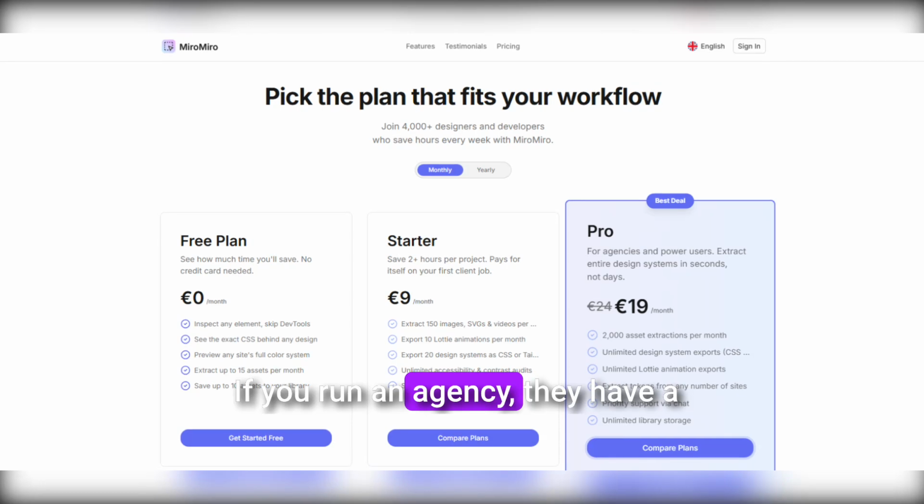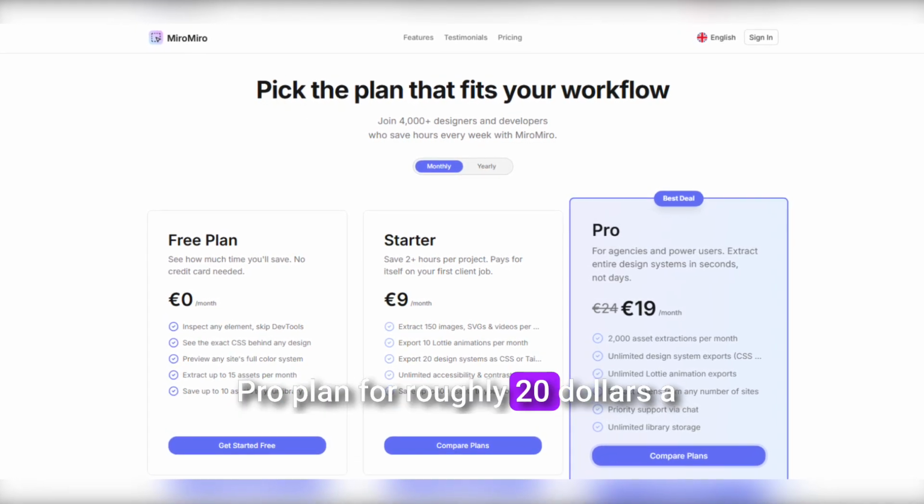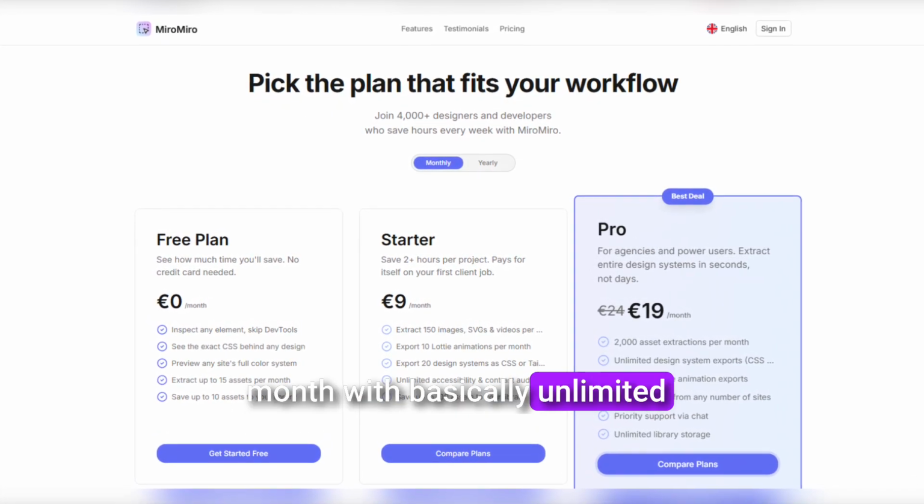If you run an agency, they have a pro plan for roughly $20 a month with basically unlimited everything and